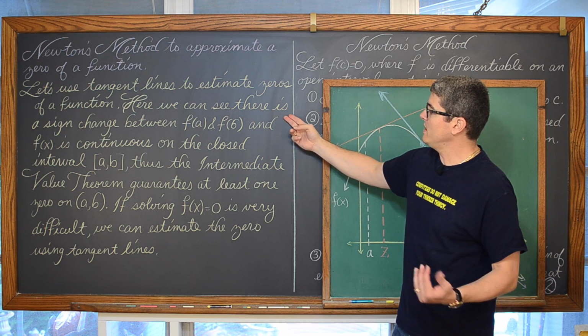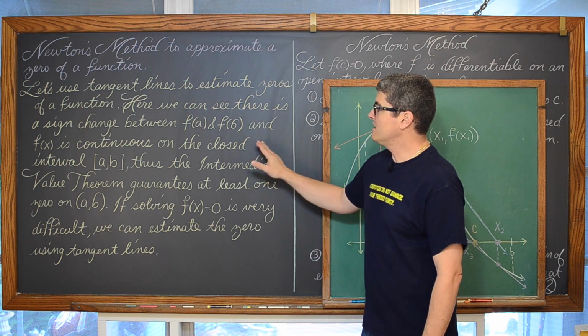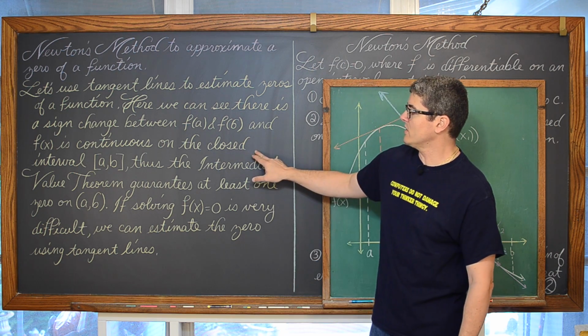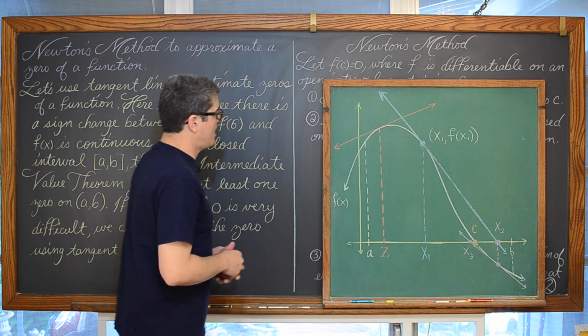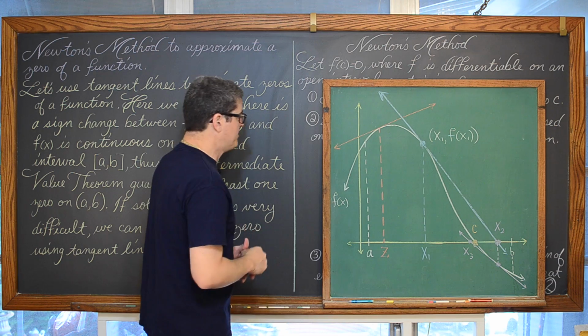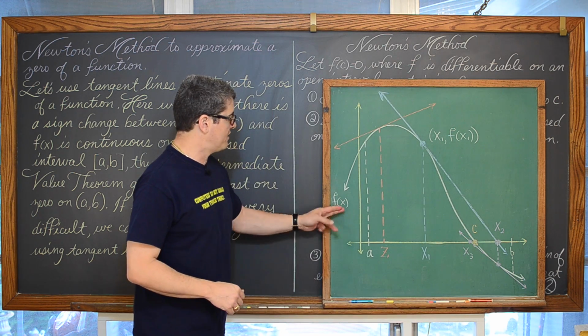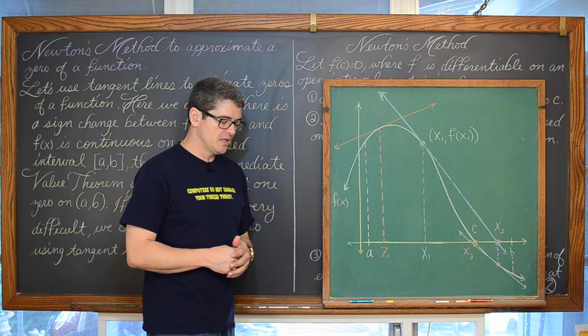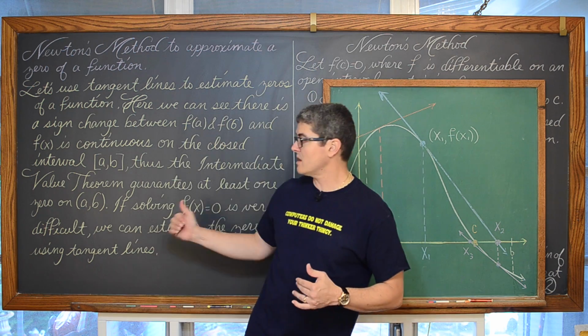So here we can see that there is a sign change between f of a and f of b, and f of x is continuous on the closed interval from a to b. Well, yeah, we could see it if I wasn't standing in front of my graph. So on our green fancy picture-in-picture, we have a smooth, continuous curve here, f of x. It needs to be smooth and continuous. Just continuity is enough for the intermediate value theorem, which I'm going to talk about in a second.